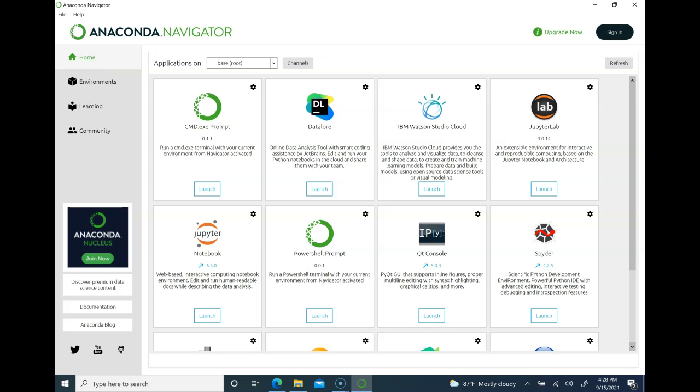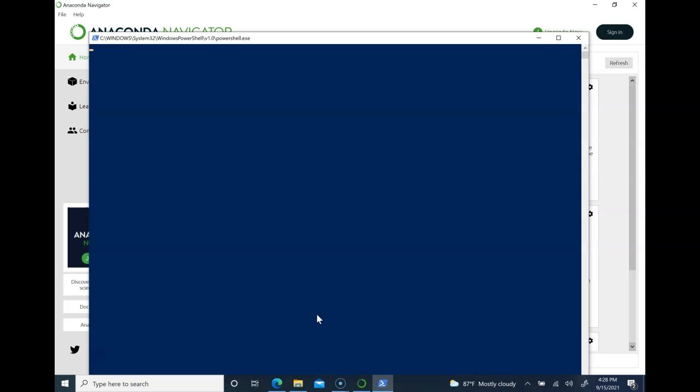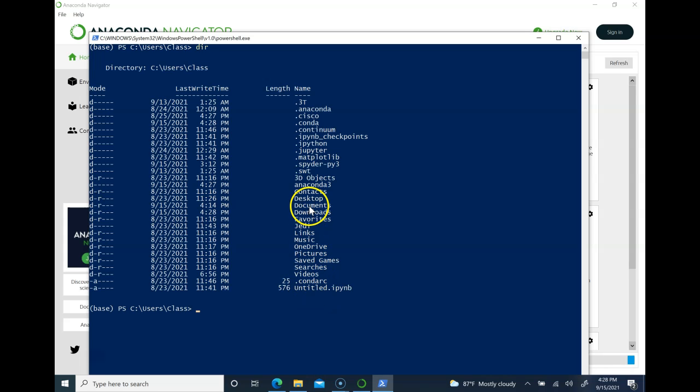Once we've downloaded all the prerequisite packages, we're going to use the PowerShell prompt along with the pip command in order to install the remoteDBconnector package we just downloaded. So go ahead and launch a PowerShell. The first step that we need to take is to change directories to where we downloaded the program. Now in this case, the package that we downloaded is in our downloads folder, and it was unzipped into